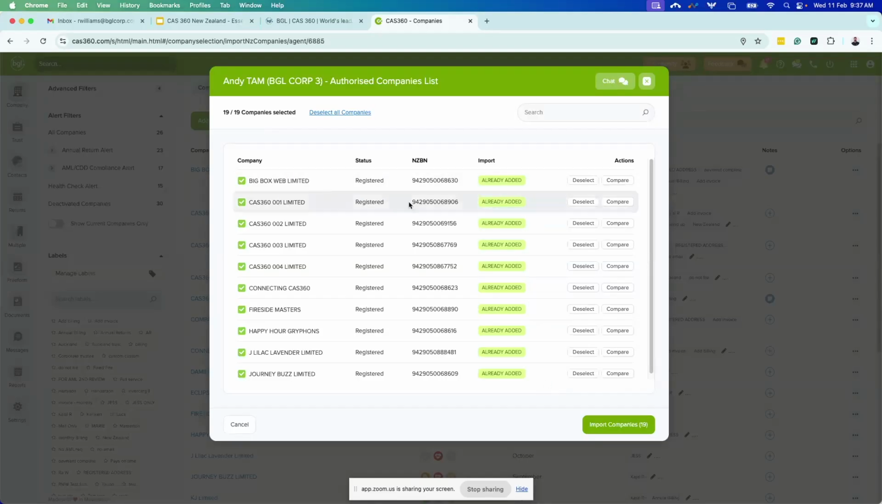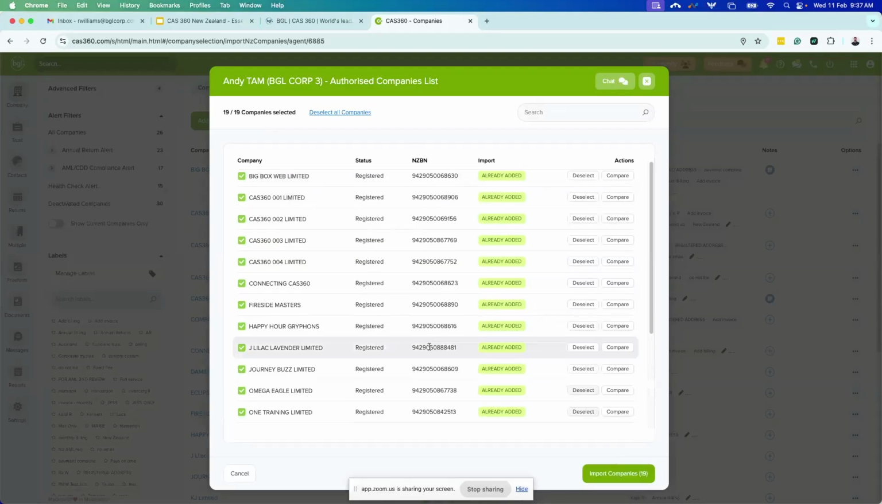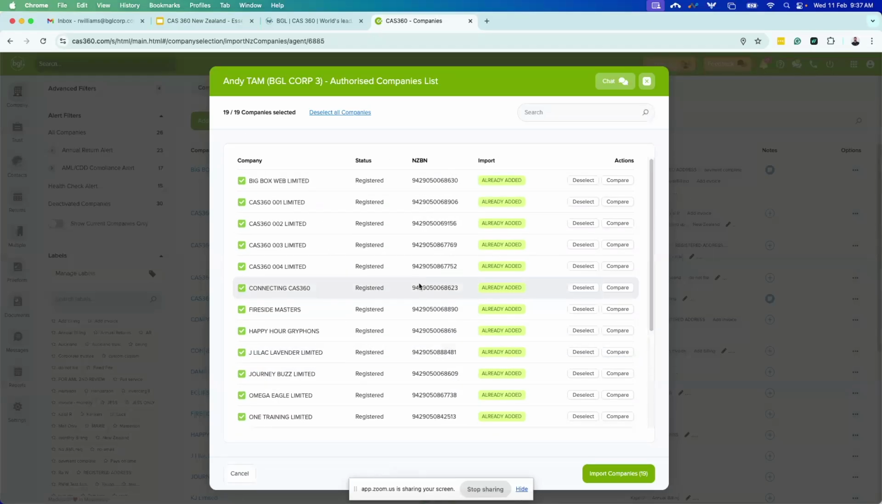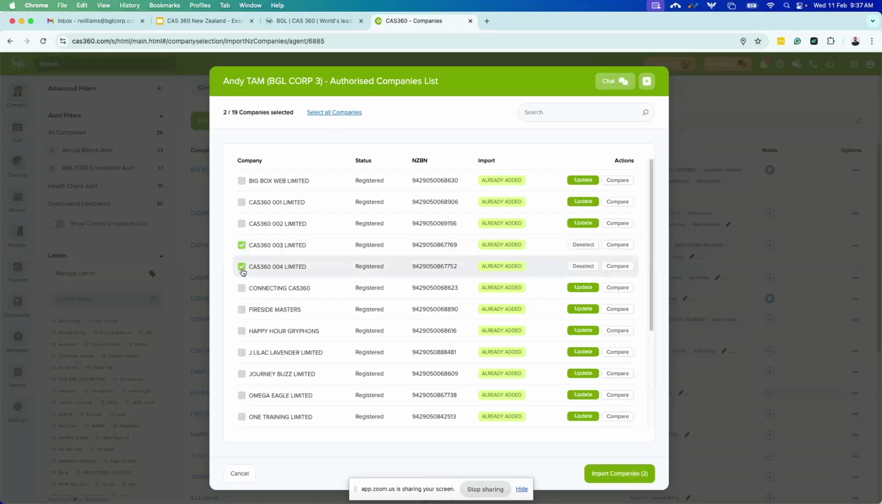You'll be able to see all the companies you are authorized for, and you can access this at any time. So if you end up taking over any new clients moving forward, you can always come through here and import them into CAS 360. Any of those that are already in your license will look like this, highlighted in green and saying already added. But for any that are not in your license, it'll be highlighted in blue and say ready for import. All you'll need to do is tick the ones you would like to bring in and